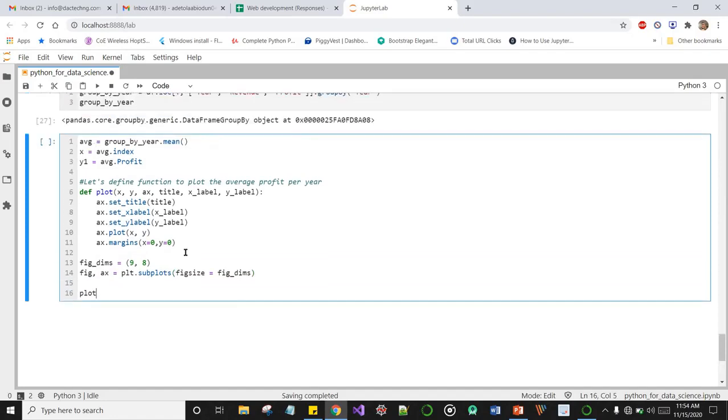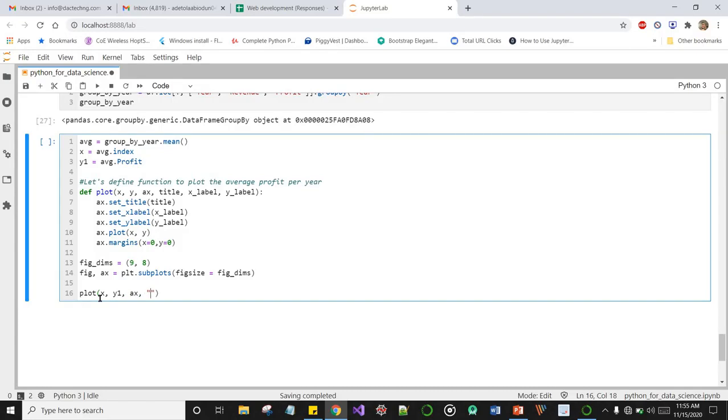So let's call the plot. To call a function, just write the function name, plot. And we can now pass the parameters we want to plot into our function. So we'll plot x, y, and our axis.